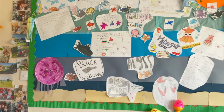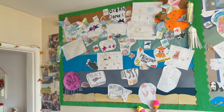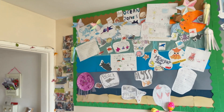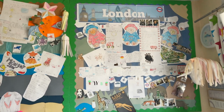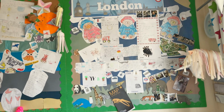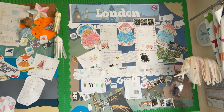So this is one of our display walls in the playroom. At the minute we're doing the ocean zones, so the kids are doing all different pictures and writing about all the different layers of the ocean. And then next to that we have our trip to London. We tend to use this board for seasons and special trips and Christmas and things like that. And at the minute, like I say, we've got London and they've got the Paddington Bears there, which is super